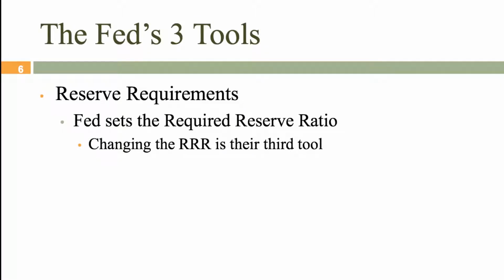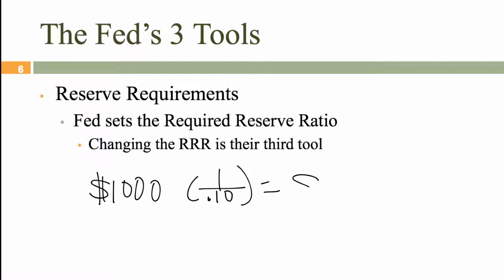And our third tool is the one we're most familiar with, the reserve requirements, which involves the Fed setting the required reserve ratio. You may have already thought about this a little bit when we were looking at the calculation of using the simple deposit multiplier. So we saw that if you had a $1,000 deposit and you had a 10% required reserve ratio, that potentially could grow the